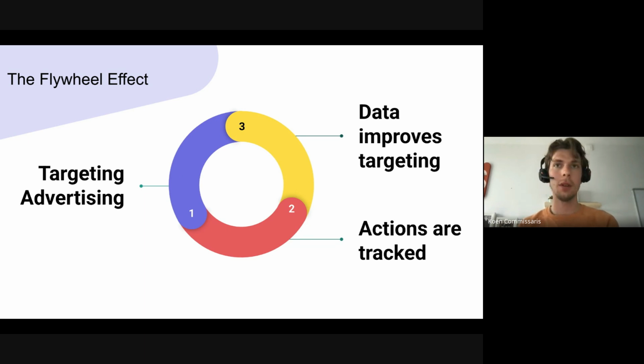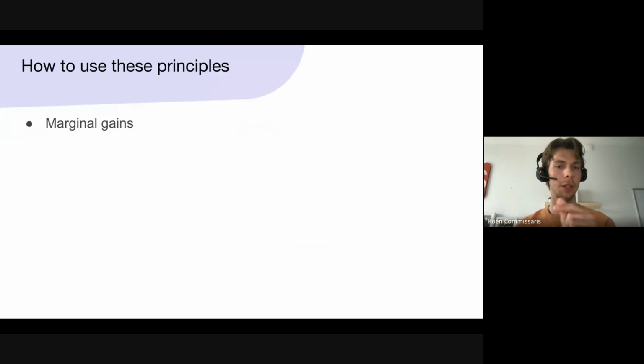Before discussing how you can actually implement those principles yourself, there's one related principle that I would like to discuss: the concept of aggregated marginal gains. This originally comes from the British cycling team, which wasn't performing that well at the start of the century. Then the coach of the team came up with the idea that everything related to riding a bike should be broken down into the smallest steps possible. The very small aspects are, of course, the way the bike is built technically, but also the clothing the cyclists wear,